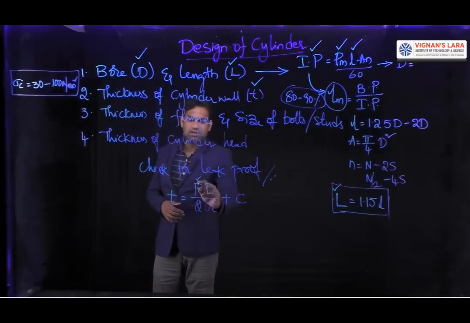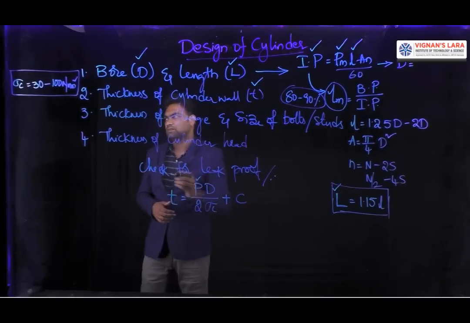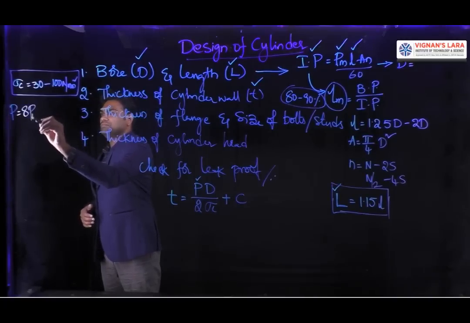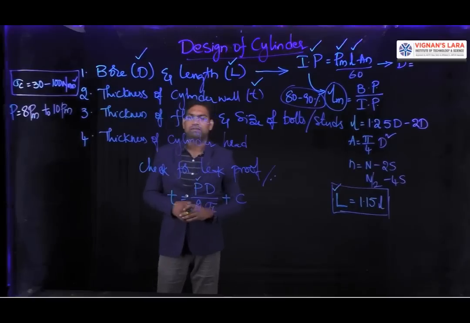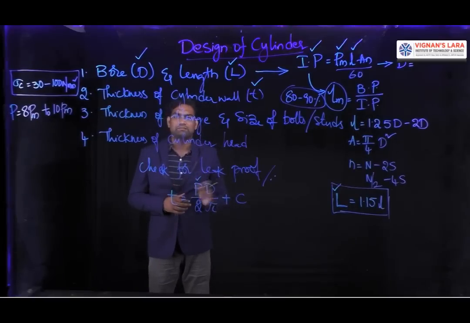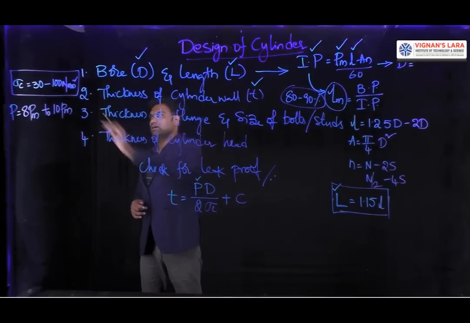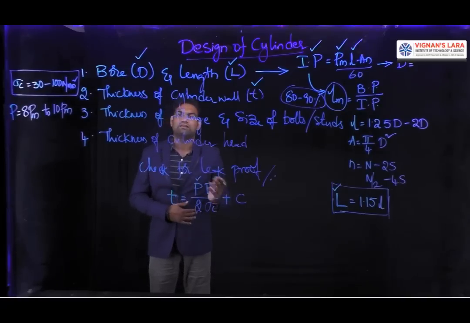Here the sigma C for calculating the cylinder thickness is taken from 30 to 100 megapascal. As well, the maximum gas pressure is unknown. We know the mean pressure, but the maximum gas pressure is unknown, so it can be calculated using the mean pressure. The maximum gas pressure is given by 8 times the mean effective pressure to 10 times the mean effective pressure. The cylinder bore is known, and sigma T can be taken in a range based upon the type of material. If it is cast iron, you can take 30 to 50, or if it is cast steel, you can take it from 50 to 100 megapascal.